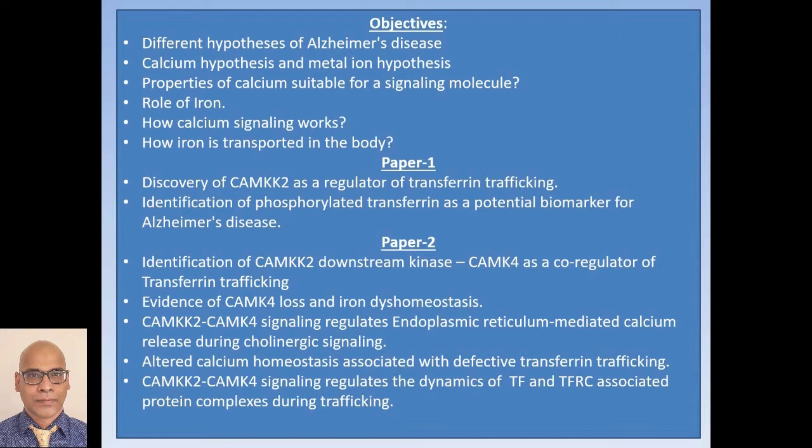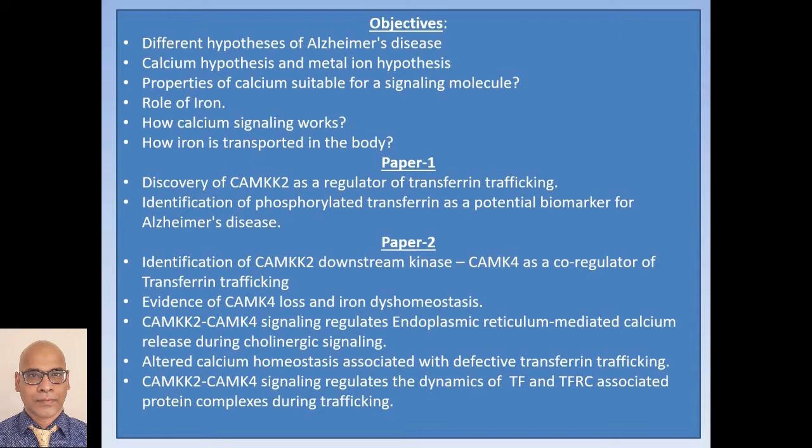First, I'll discuss different hypotheses of Alzheimer's, specifically the calcium and metal ion hypothesis, the properties of calcium that make it suitable as a signaling molecule, the role of iron, how calcium signaling works, and how iron is transported in the body. Next, I'll discuss paper 1, which mainly describes how CAMKK2 was discovered as a regulator of transferrin trafficking,